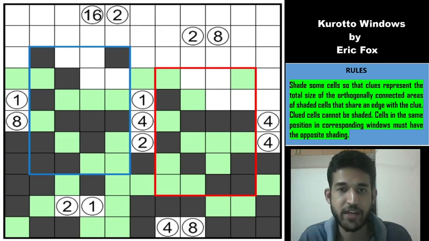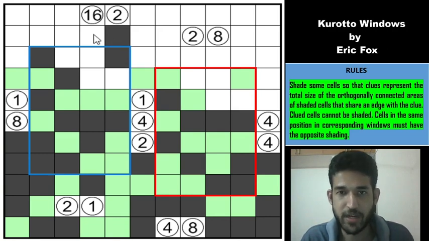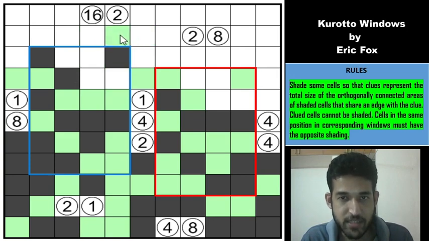So how do we proceed here? Can this connect to the 2? It's not possible, guys, because all these become unshaded, and then the 2 clue is already done, right? So all these will be unshaded, and now there is no space to place the 16 clue. Beautiful. So which means that this is unshaded,